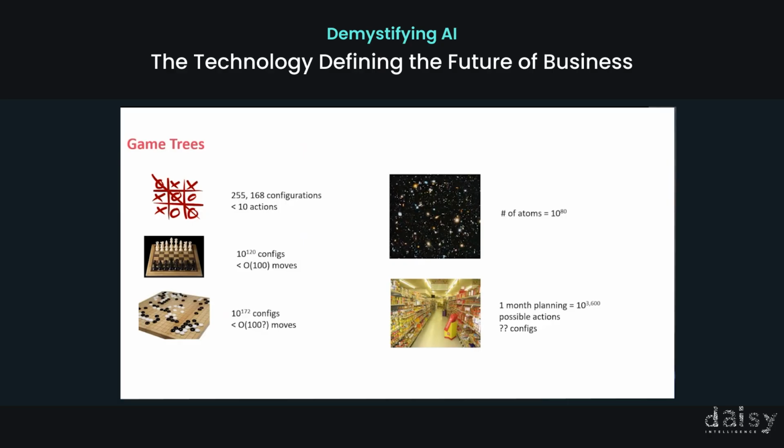If we look at the game of chess, it has 10 to the 120 configurations, and there's maybe on the order of 100 moves that you could make at any given turn. So the number of state action pairs is massive. 10 to the 120 is huge. There's only 10 to the 80 atoms. That's a number 1 with 80 zeros. That's how many atoms that we believe are in the universe. That's the best estimate we have today. So 10 to the 120, chess has more possible configurations than the number of atoms in the universe.